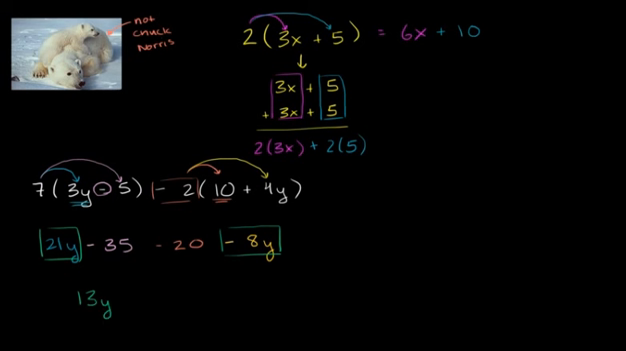And then I have negative 35, this is in a new color, and then I have negative 35 minus 20. That's just going to simplify to negative 55. So this whole thing simplified using a little bit of the distributive property and combining similar or like terms. We got to 13y